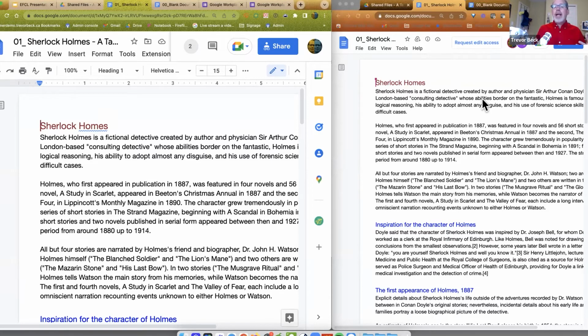And the beauty of text is, depending on the width of your document or your device, it'll wrap it. So if I was to read this file here on this screen, it would probably end about the word author, and physician Sir Arthur Conan would go underneath it. So it wraps it around. So all I have to do is just nice and smooth and read it. If I turn my screen a bit wider to give it more real estate, or if I'm using a different tablet, it's going to resize that. So it's still an easy read.